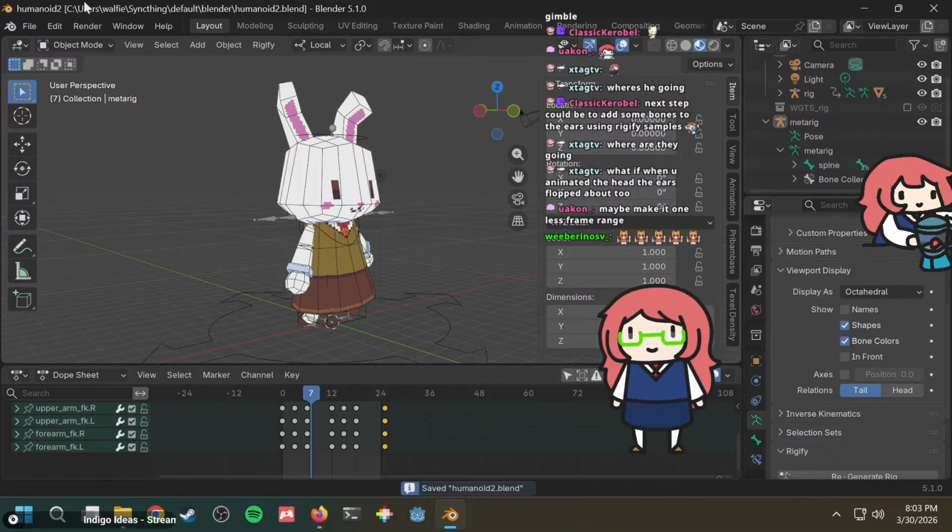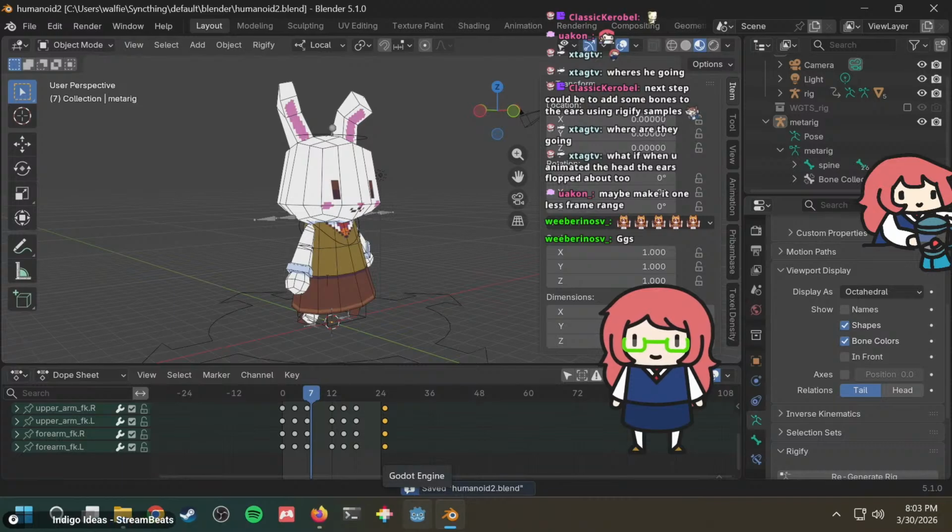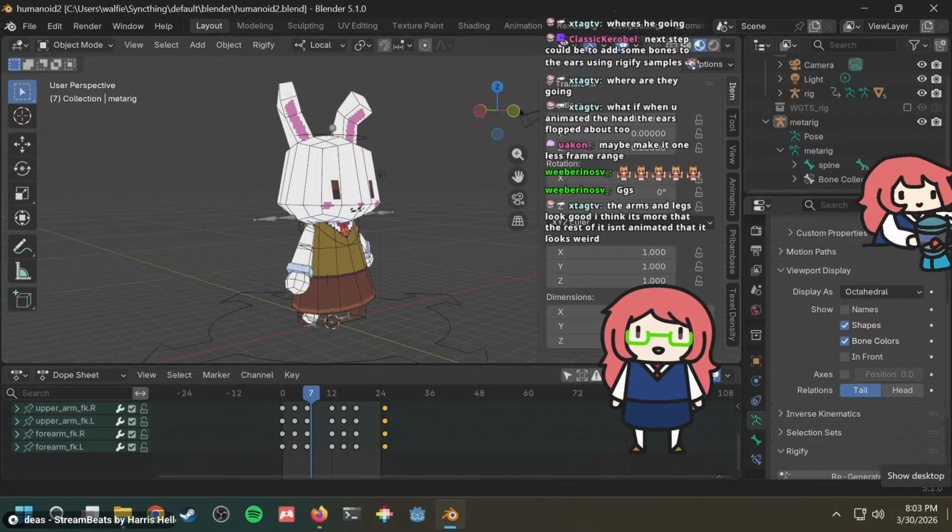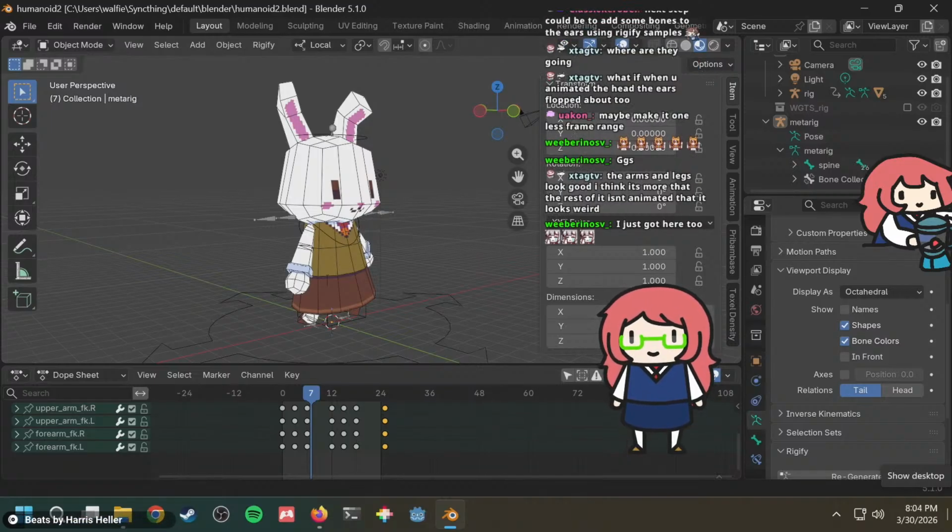I'm going to save this and make sure that it has been synchronized to my other computer. Let's see, default folder, rescan. It says it's up to date, but I don't trust it. I'm gonna have to open up humanoid2.blend in my local Blender. Allow execution. Shift space. Okay, it has synchronized properly. Good.